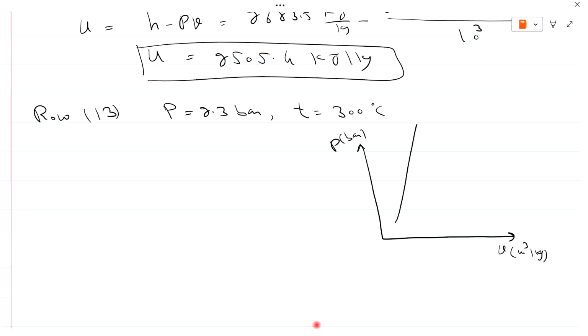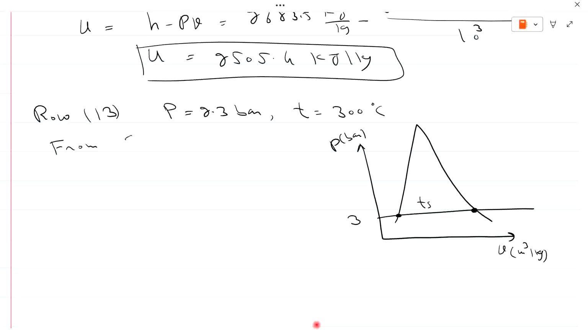So this is the saturation curve. Let's suppose this is pressure equal to 3 bar. This is a constant pressure line. Saturation temperature is constant. From this point to this point is the saturation temperature. First we find the saturation temperature from the saturated steam table.